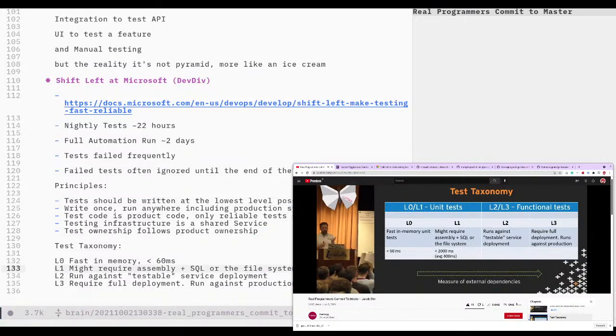And this is one way of doing it, and I think it's a pretty nice idea that you categorize these different types of tests. Before, they talked about how long a test took to run, so they had nightly tests and full automation run tests. Now instead they said that